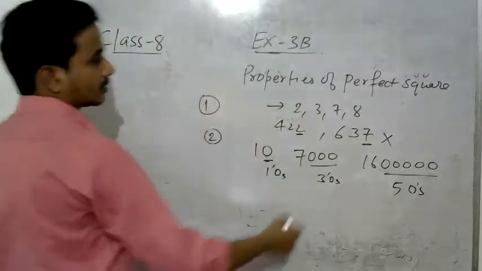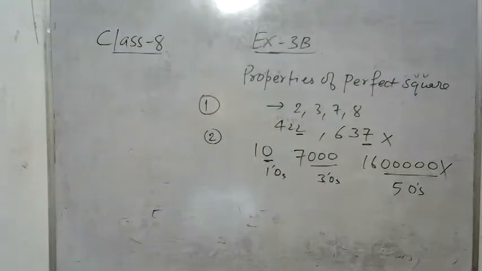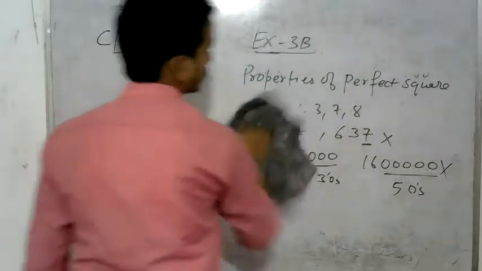So that is why this is not a perfect square number. Any number that ends with an odd number of 0s is not a perfect square number. Now the next property is